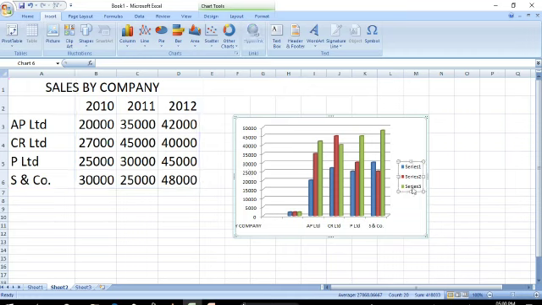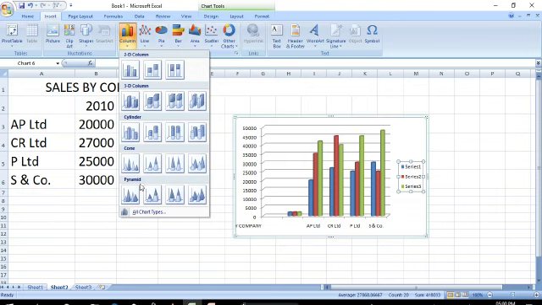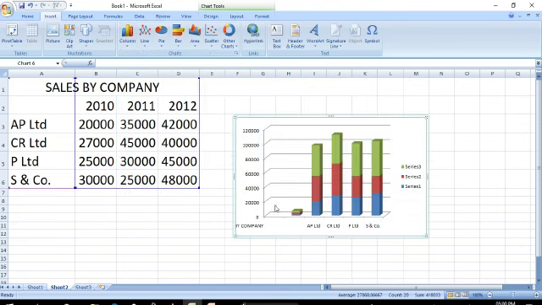This is the region. In a 3D chart, we will have the floors and walls. This is the wall, that is the y-axis, and the x-axis is called the base. Okay, walls and floor. The base is called the floor.